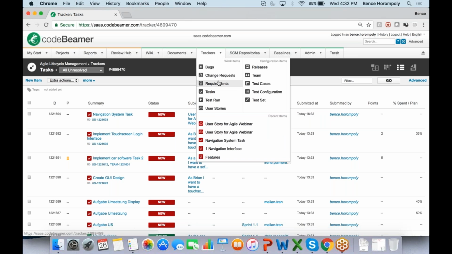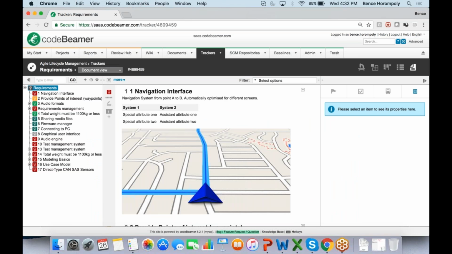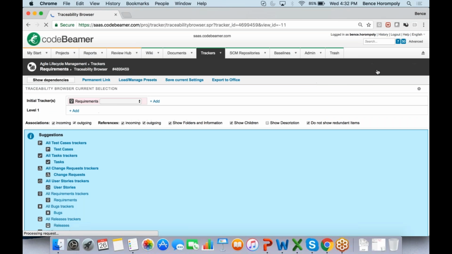Okay, and the way the traceability looks is I'm going to start from my highest level, so from my requirements, and I want to trace down through user stories and then tasks, or I want to see the test cases that verify them, so I can configure a traceability matrix to show the dependencies between all of my items in my development cycle. So if I jump into this dedicated traceability browser, then what I can do is I can add just levels of trackers here,